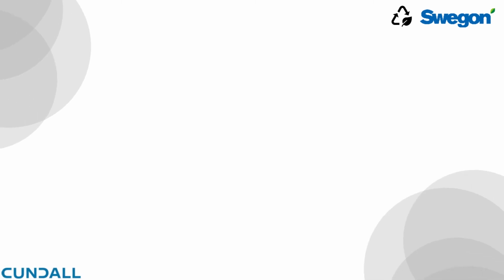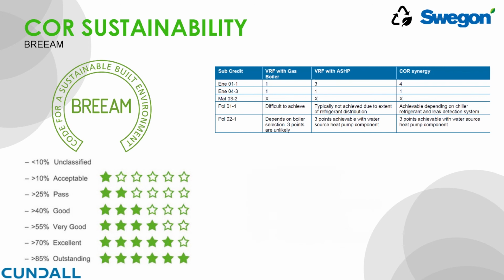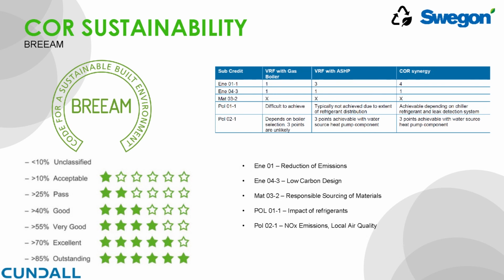BREEAM is a sustainability assessment method that is used to master plan projects, infrastructure and buildings. BREEAM sets the standards for the environmental performance of buildings through design, specification, construction and operation phases, and can be applied to new developments or refurbishment schemes. It focuses on sustainable value across a range of categories, and the credits are found to be relevant to the